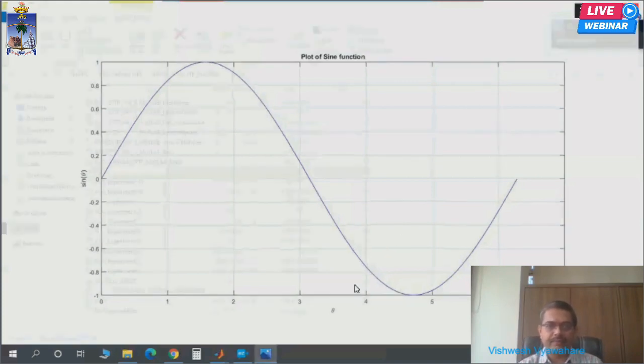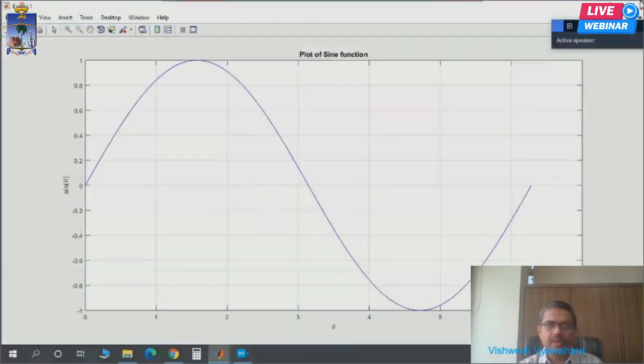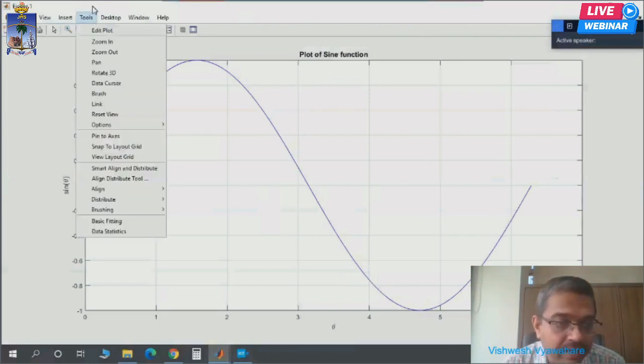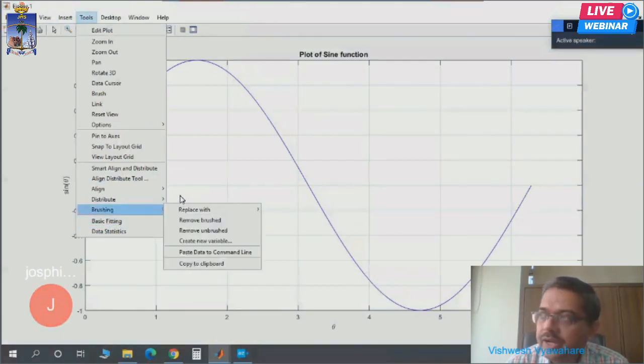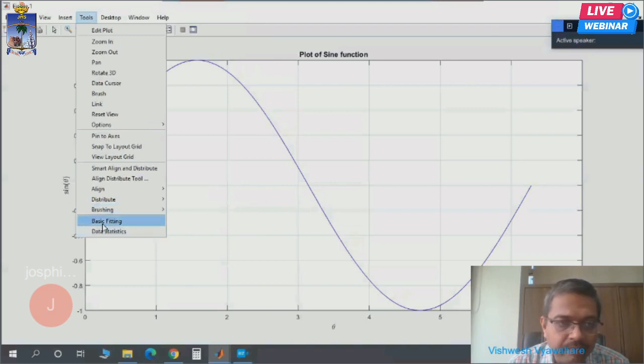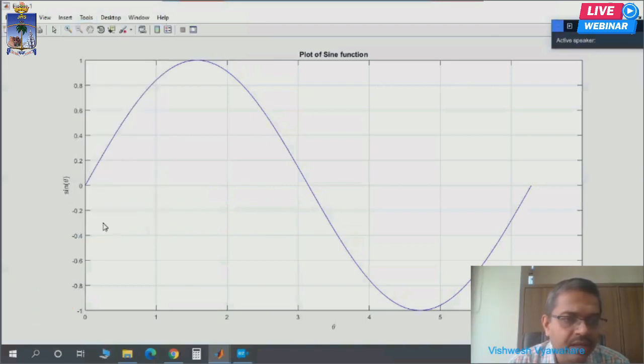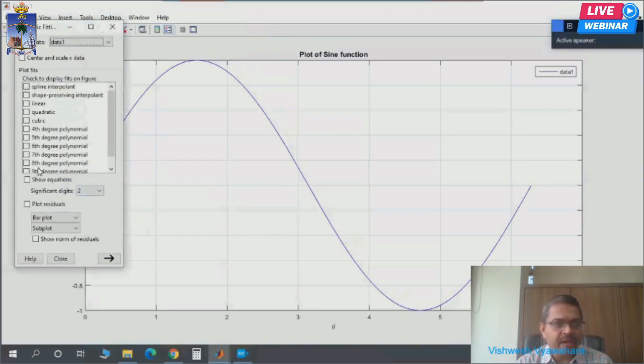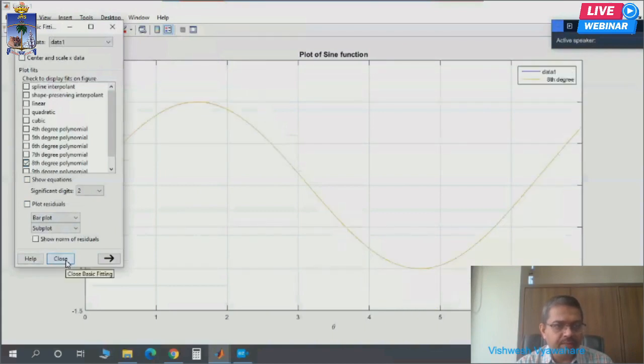Okay, fine. Now we have got a 1D plot. Here I will not go into much detail, but you also have a basic fitting tool available here. If you want to do curve fitting, polynomial curve fitting basically, you can directly click on Basic Fitting and go ahead with the curve fitting. Let's say I want to use an 8th degree polynomial and fit it.